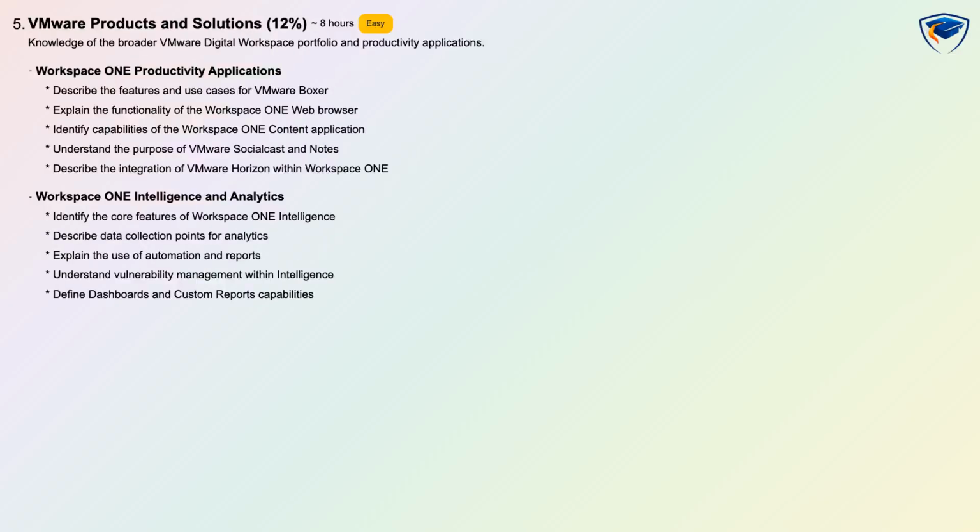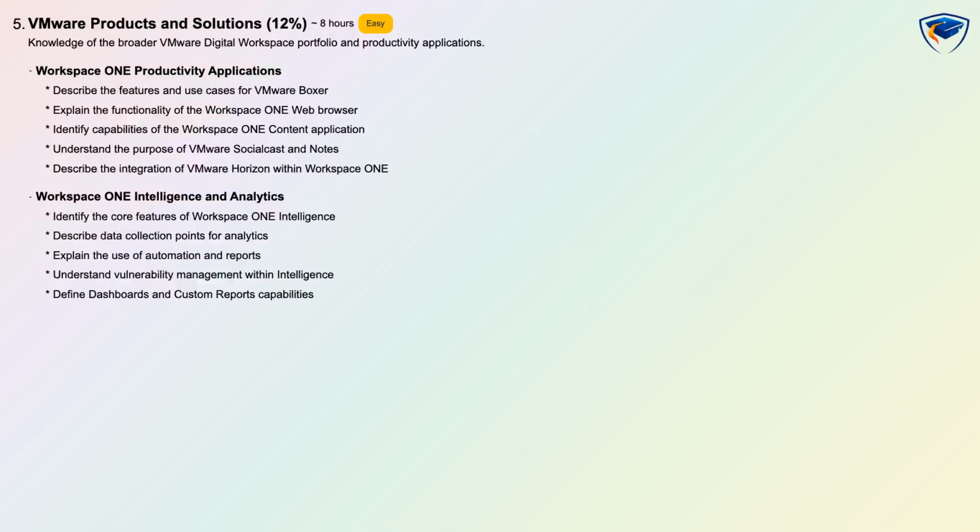VMware Products and Solutions accounts for 12% and introduces the broader VMware Digital Workspace portfolio and productivity apps. This easy domain requires about 8 hours of study and includes conceptual and scenario-based assessments. You will learn the features and use cases for VMware Boxer, Workspace 1 Web, and Workspace 1 Content, plus collaboration tools like Socialcast and Notes. The domain also explains Workspace 1 Intelligence and Analytics, covering data collection points, automation and reports, vulnerability management, and dashboard